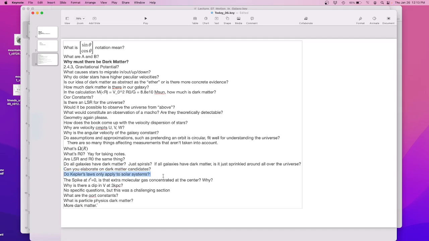Let's see. Do Kepler's laws only apply to solar systems? This is a good question. When does Kepler's law apply? So the equations that I wrote down that I have now erased, those are always true. Those are basic fundamental constituent equations. If I have something like